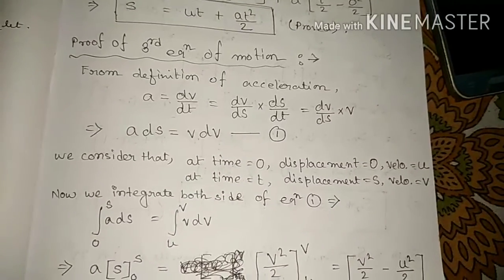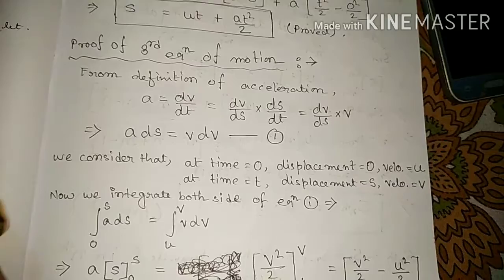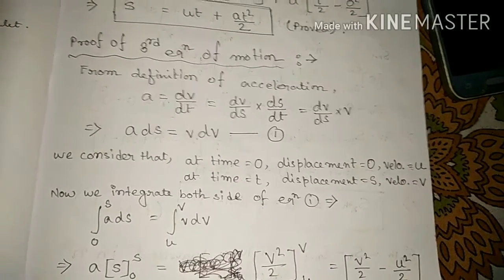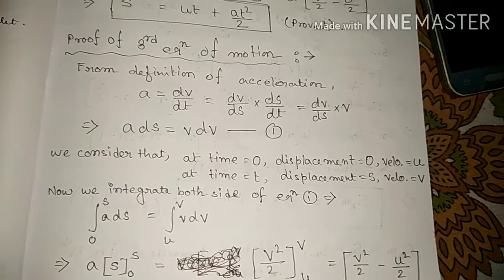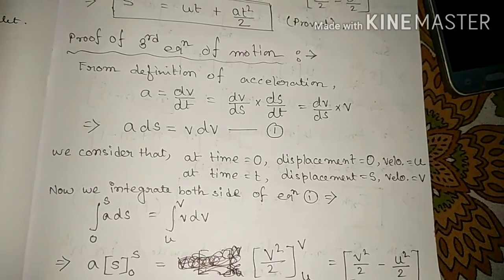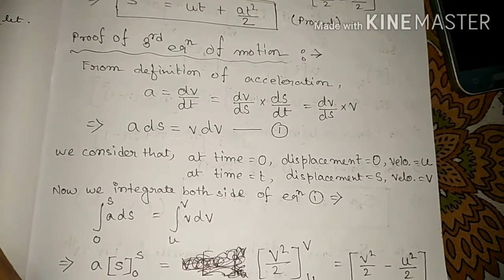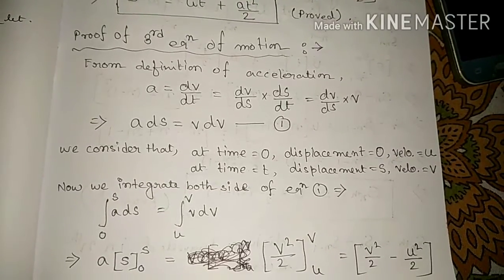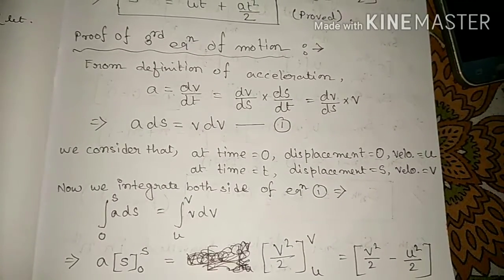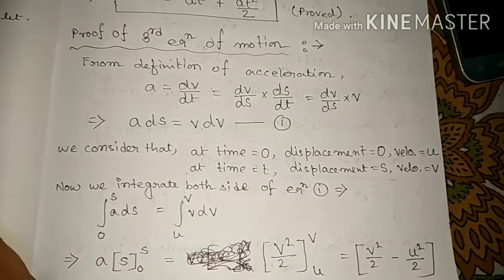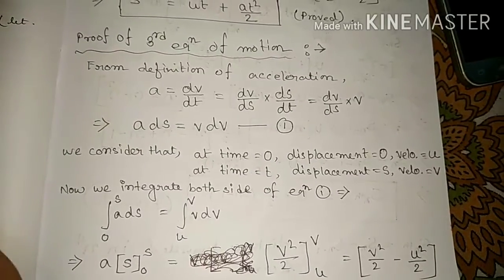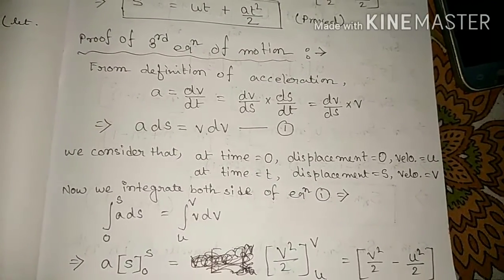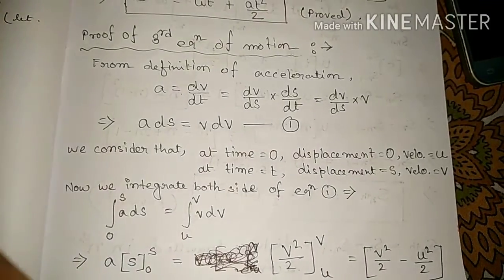If we consider the limit, from there we can put v and u. But from where do we get the v? If we integrate dv, we need one variable dv, another one s. So from where do we get s? From ds. So we write the equation, whatever equation we use, in such a way that we have two variables, one is dv, another is ds.